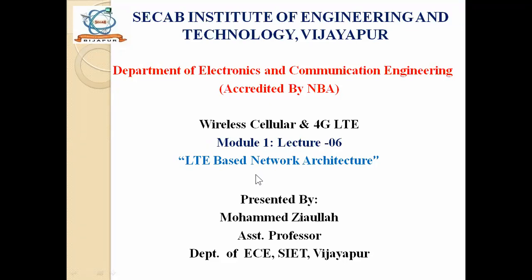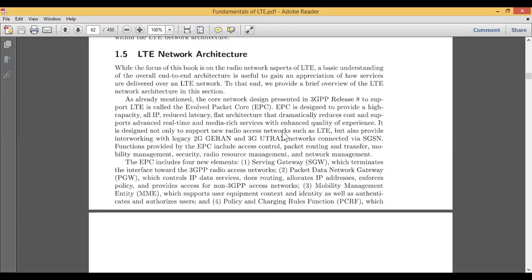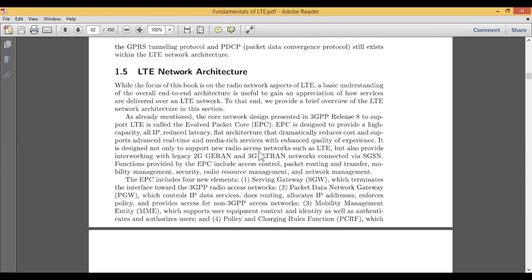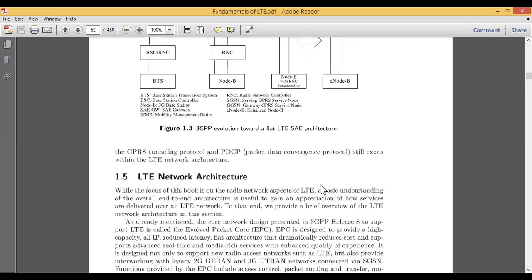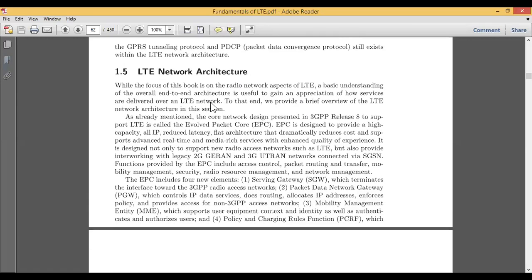Because in LTE we have two different architectures. One is the flat, and the other is nothing but the core, right? So today we'll see about the core architecture and how it is going to help us improve the performance of the network architecture. When you look at the previous topic, in this particular diagram we were discussing the flat architecture. Today we'll see the LTE network architecture, which is completely based on the end-to-end architecture. The thing we will focus on is the gain and the services provided by LTE when compared to the flat architecture.